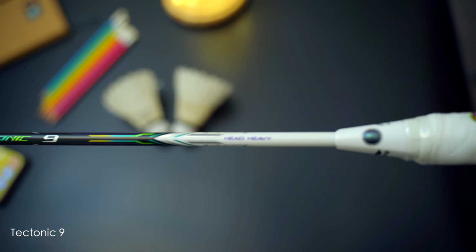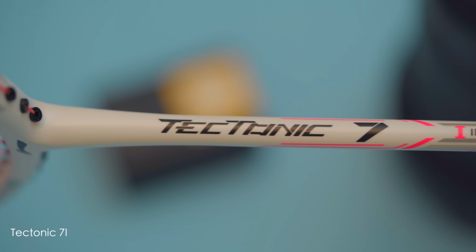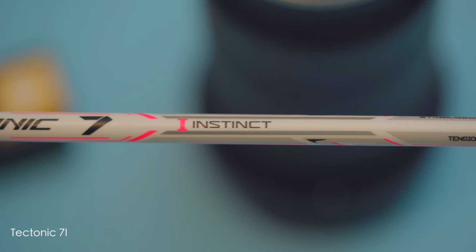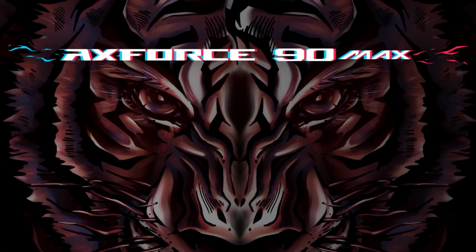I've previously reviewed the Tectonic 9, which at the time was used by Jonathan Christie and Srikanth Kidambi, so you can check it out here in the playlist. Another popular Tectonic racket is the Tectonic 7i, which is currently used by Pornpawee Chochuwong, so that review will be dropping soon. If we then look at the AxForce series rackets, this is a very popular series and